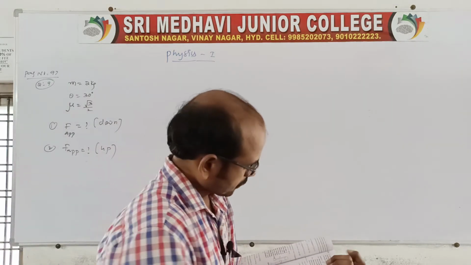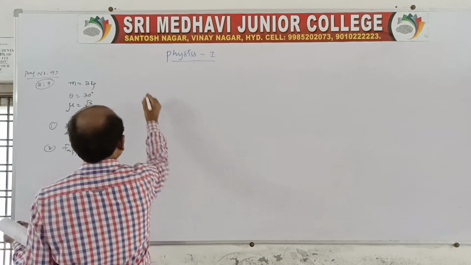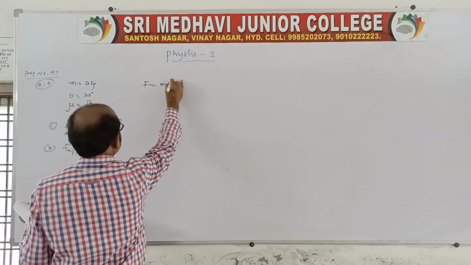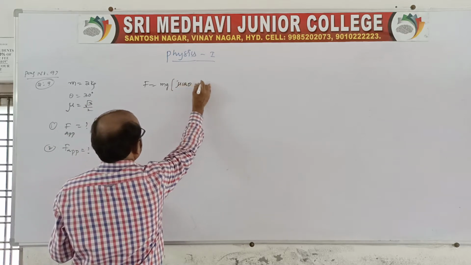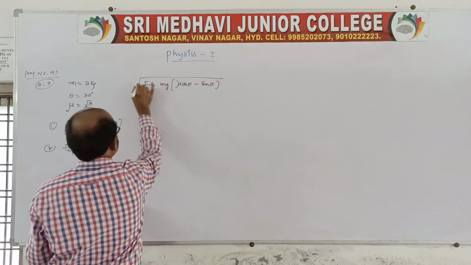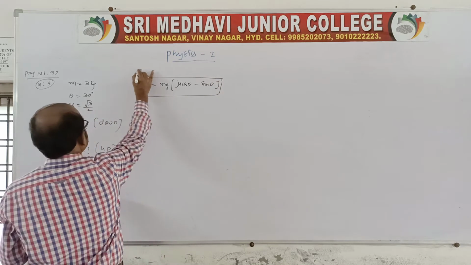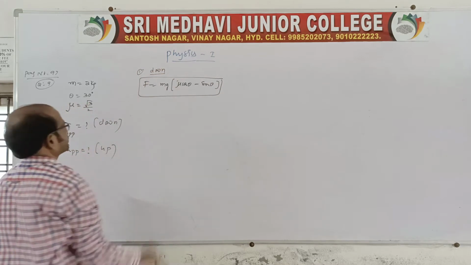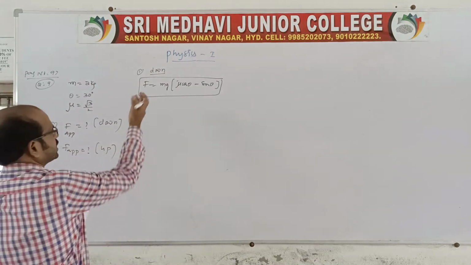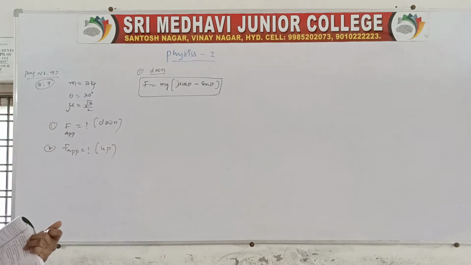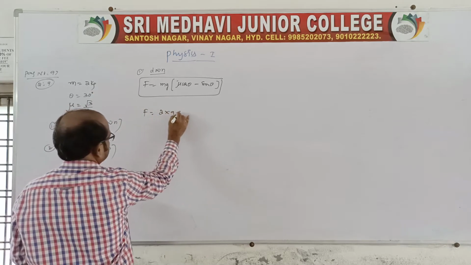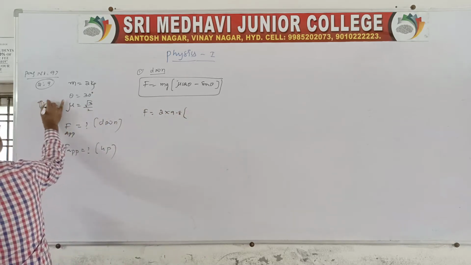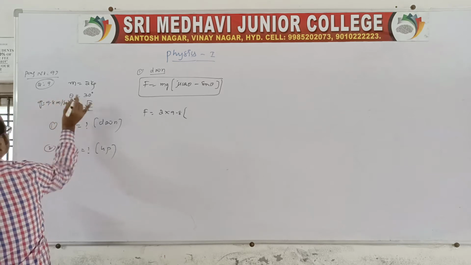So for this case, shall I give the formula directly? F is equal to mg (mu cos theta minus sin theta). Once you refer to the previous notes, because there is an applied force when sliding down. There will be a force applied, therefore the block is sliding down. That is the applied force, not a resultant. So F is equal to m, which is 2, and of course g you take as 9.8 meter per second square.